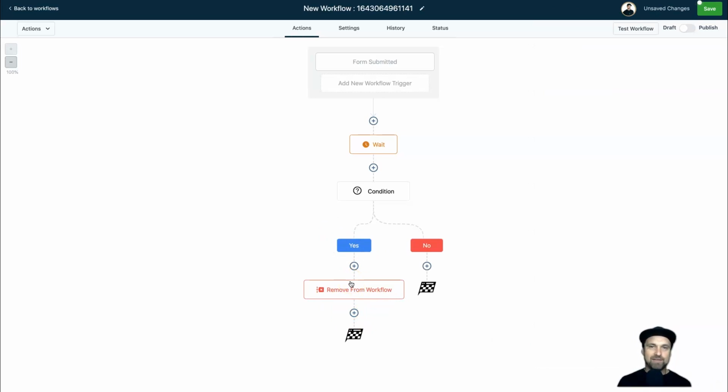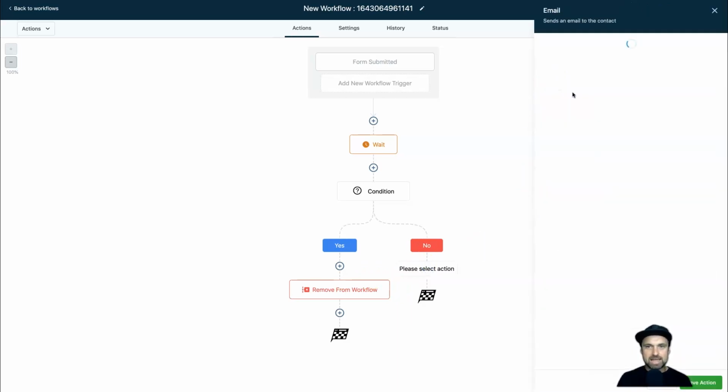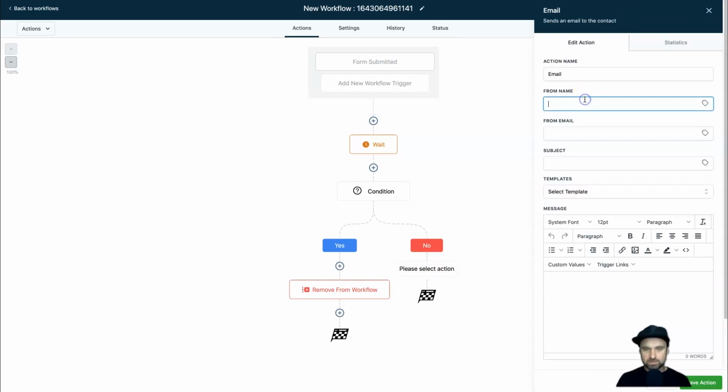However, if these people haven't yet actually booked an appointment, I want to go ahead and make sure they understand, or make sure they're re-engaged with it to see if they're still interested, right? So under no, click the little plus, click on send email, and we're going to go ahead and send them an email. So I might just say it might be from my company,